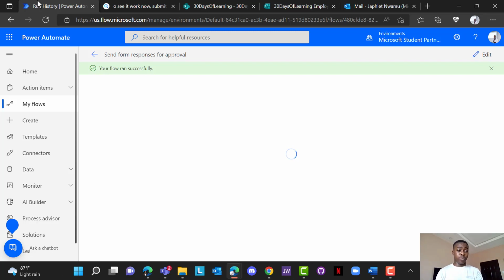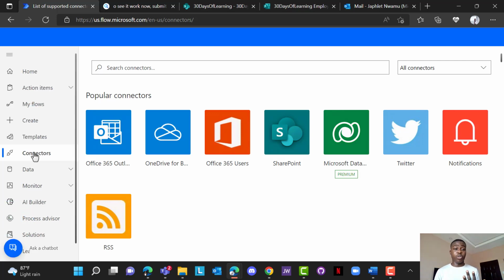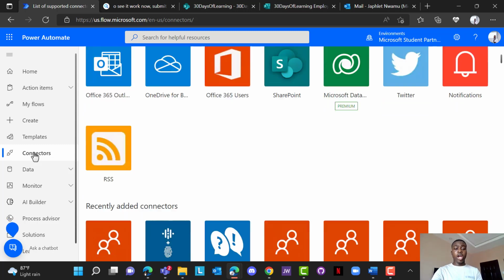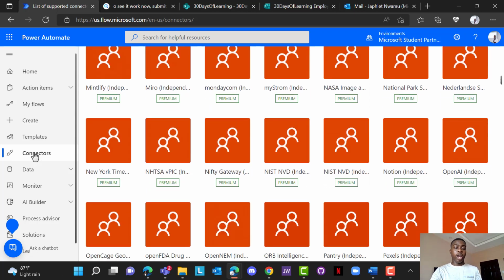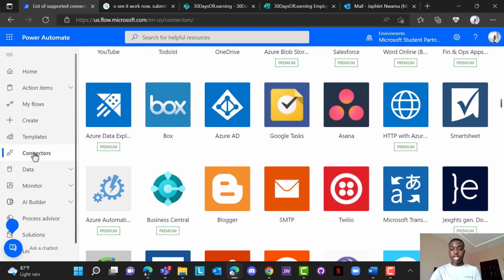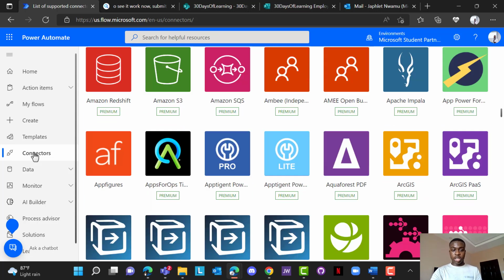It's easy and simple. There are 256 connectors you can connect your automated systems to. If you notice, for the solution we just built, we connected to Microsoft Forms, we connected to Office 365 Outlook, we connected to SharePoint, and we connected to Approvals. There are tons of others you can connect to. You have Twitter, you have notifications, you have weather software and solutions, you have tons of others. So you could come here and check this out. You can see Azure Active Directory, you have Blogger, you have Twilio, and a bunch of others